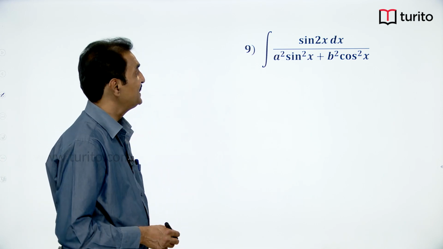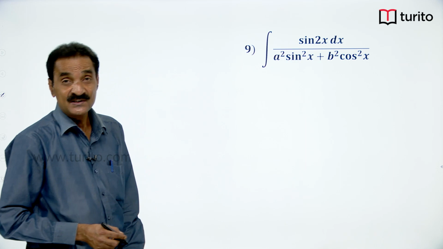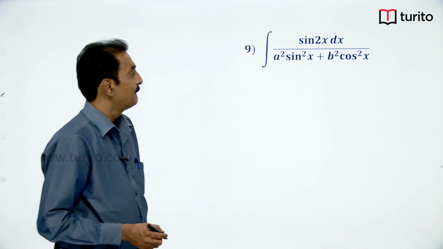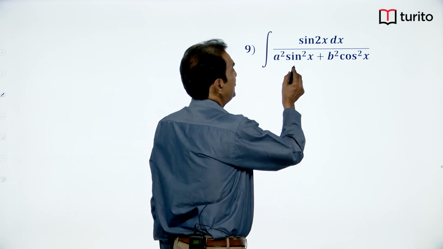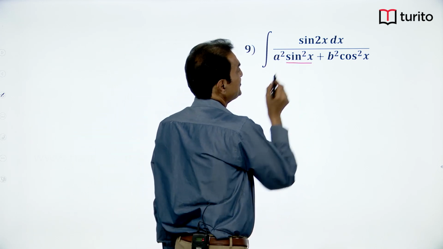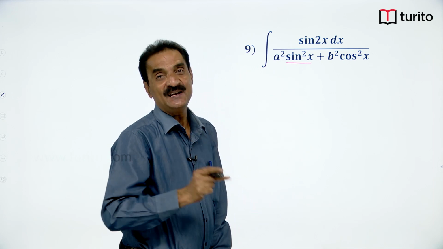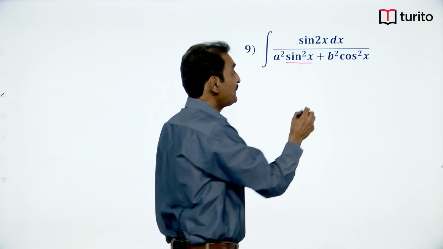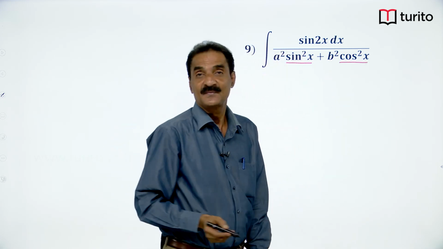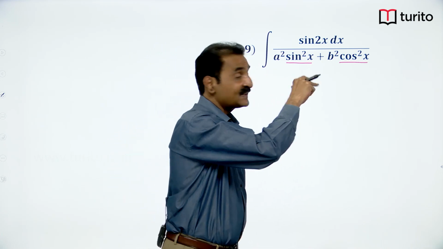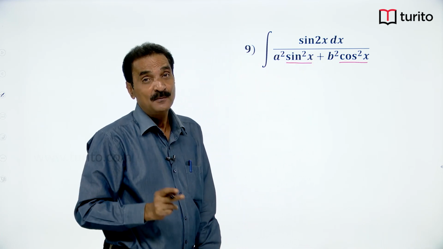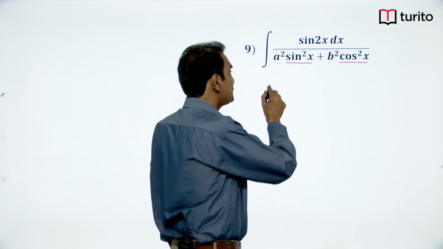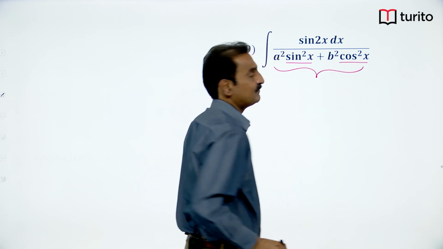integral sin 2x dx by a square sin square x plus b square cos square x. If you observe, the derivative of sin square x is 2 sin x cos x, that is sin 2x, it is there. Derivative of cos square x is 2 cos x into minus sin x. What is it? Minus sin 2x. Sin 2x is there. So, if you observe the derivative of the whole denominator,